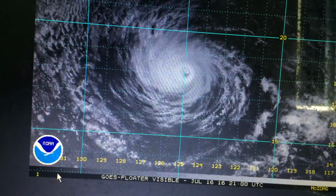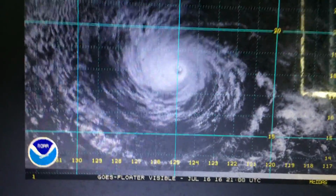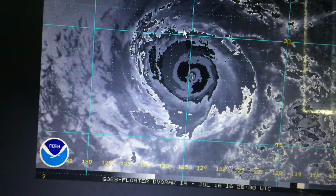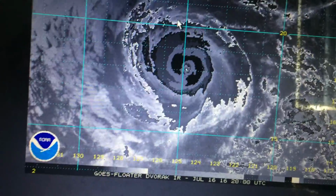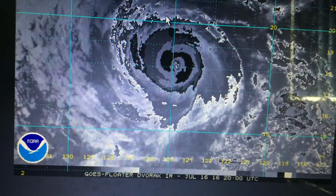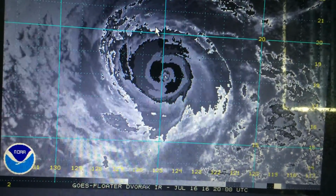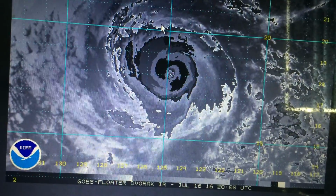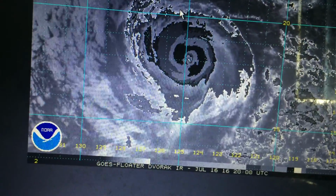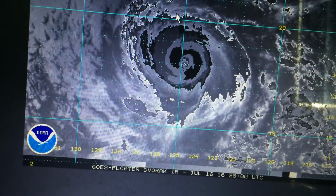That makes a certain amount of sense, given its relatively good cloud top structure, which looks much better than it did 2 days ago. 2 days ago, this thing was probably moving over an upwelling area from the previous Hurricane Bloss and Tropical Storm Agatha. And that was probably much colder than what the system is over right now, probably around 24 to 23 C. Maybe 20. Now it's over 25 to 27 C